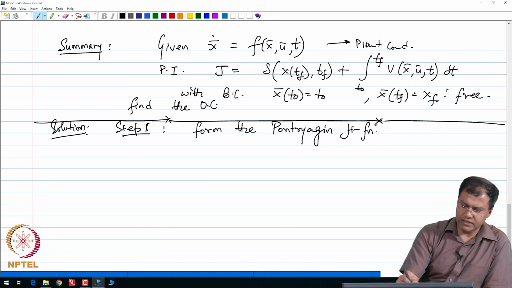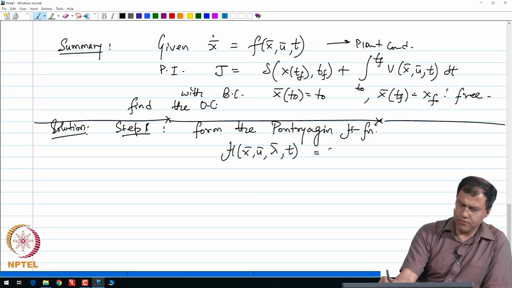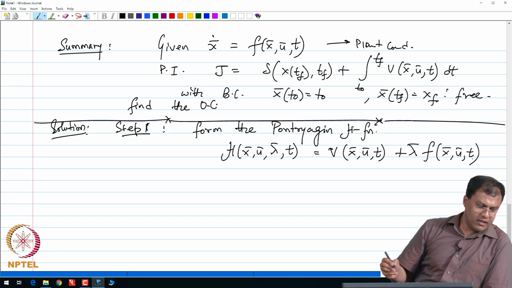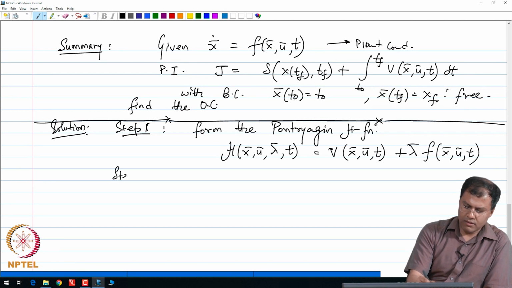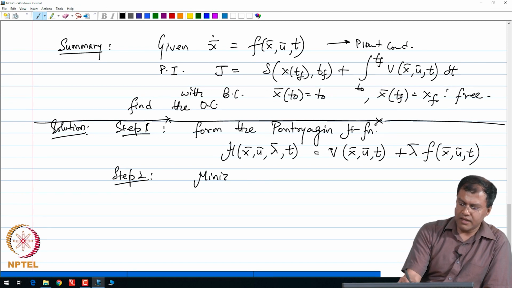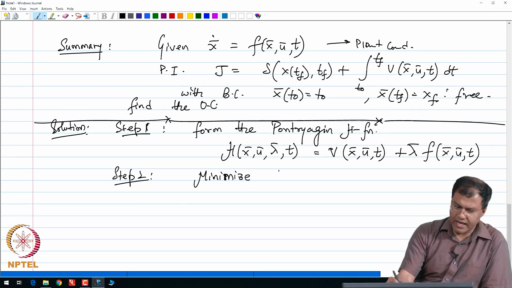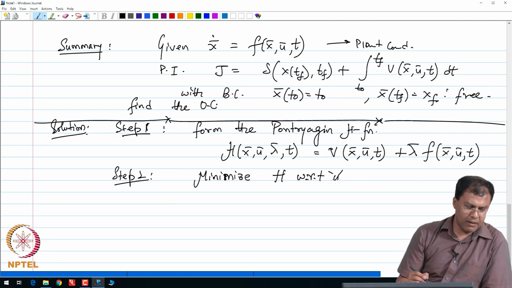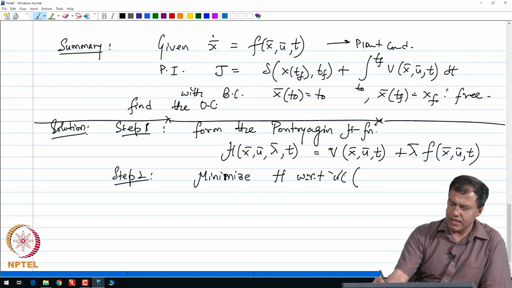So, H of x comma u comma lambda bar comma t is V of x bar, u bar, t plus lambda f of x bar, u bar, t. Okay. And then step 2 is minimize